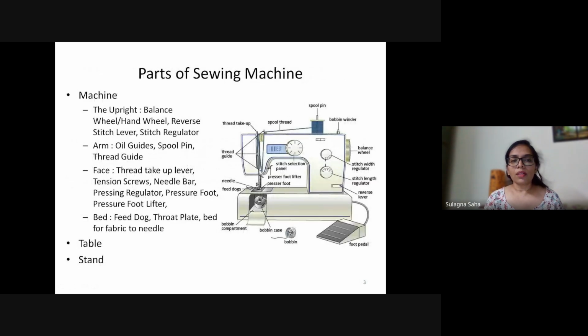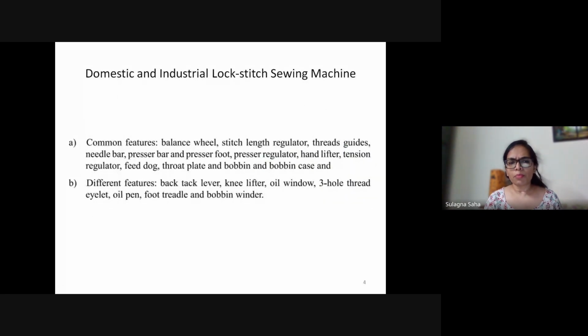Now, let me just give you a brief glance at how the domestic and industrial lock stitch machines differ, and what the common features are. So most of the things are the same. You can see the balance wheel, stitch length regulator, thread guides, all this will be there. What is different? First, the backtack lever.